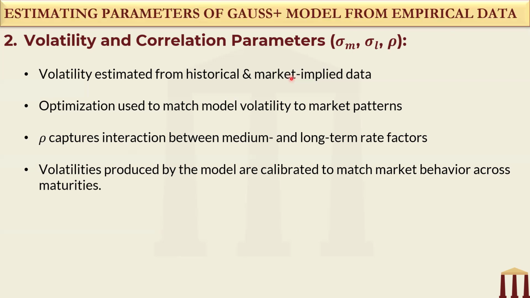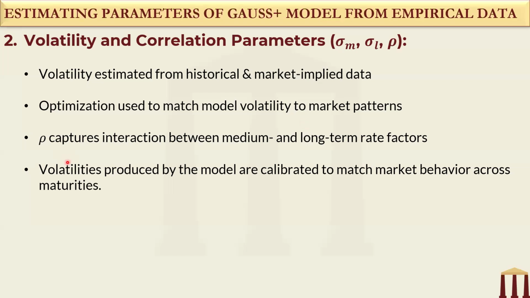And market implied volatility means what the market expects, which can be extracted from things like options and other interest rate derivatives. Then we use a kind of an optimization process where we tweak the model's volatility and correlation parameters